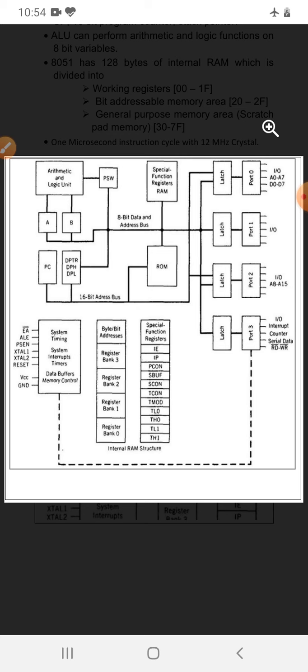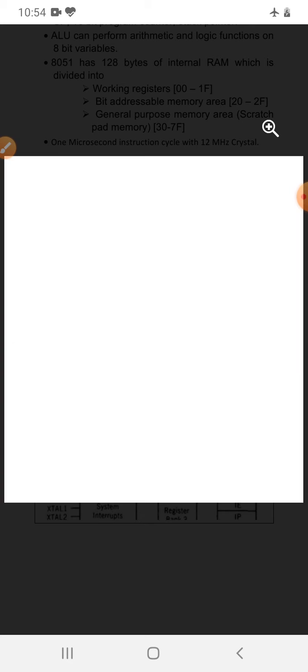Then you have one 16-bit special function register called the program counter. 8051 has a 16-bit program counter. Your register PC always points to the address of the next instruction which is to be executed, or fetched from the memory.